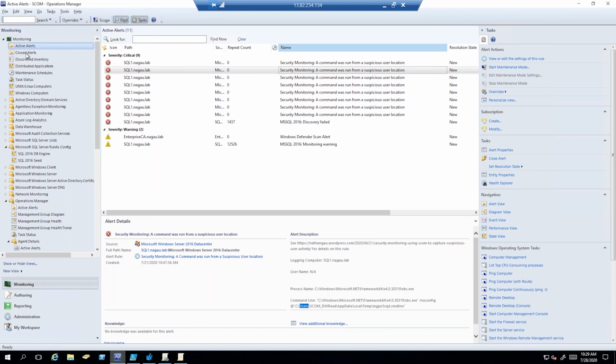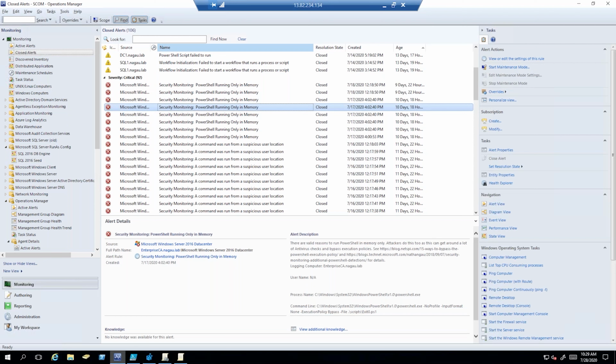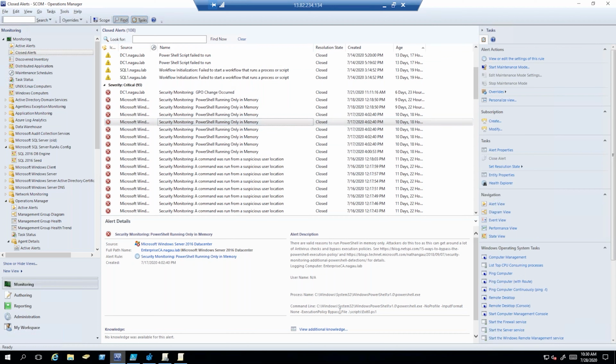I'll show you some of the closed alerts recently of stuff that I've been messing with. So, PowerShell running only in memory, right? This one I got to track down because I'm actually getting some, and you can see this is going to double alert because execution policy is set to bypass as well, and whatnot. Now I'm not sure what this script is, but this is something that I've seen, and I don't know if this is some sort of Azure maintenance thing that I need to deal with or whatnot. But this is something that typically doesn't show up very often, but since it's popping into my lab, I have to look at it a little bit closer